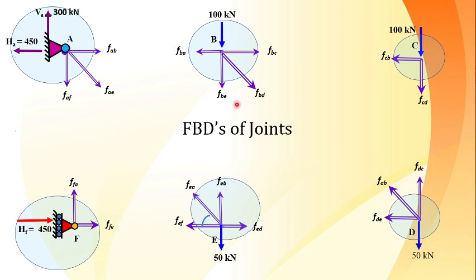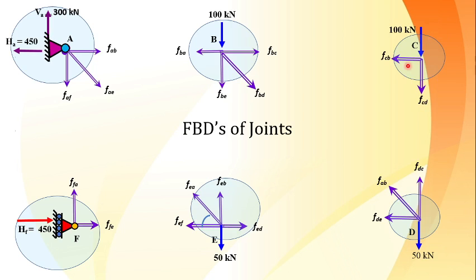What I talked about earlier is everything shown in this particular figure. So here, with 2 members I can start, with 3 members I cannot start, with 4 members I can't start from this joint. I can't start with this joint because there are 4 members again. Here also there are 3 members. All these forces are not known to us initially. Now talk about joint F, only 2 members, 1 known force. We can start with F and joint C. Is that okay? So these are the two joints which I have to initially start with.